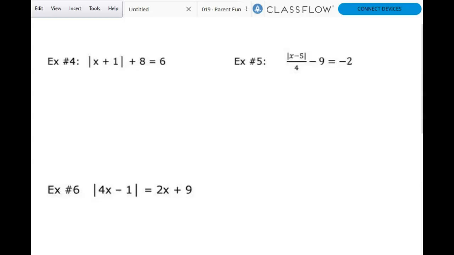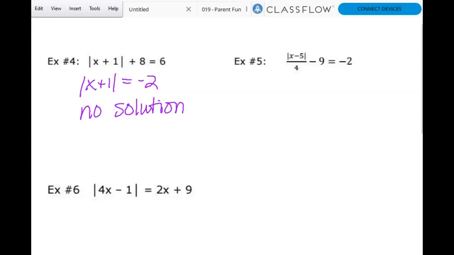What about example 4? What do I do first? So if I subtract the 8, what do I get? Can I have that? This is no solution. For example 5,